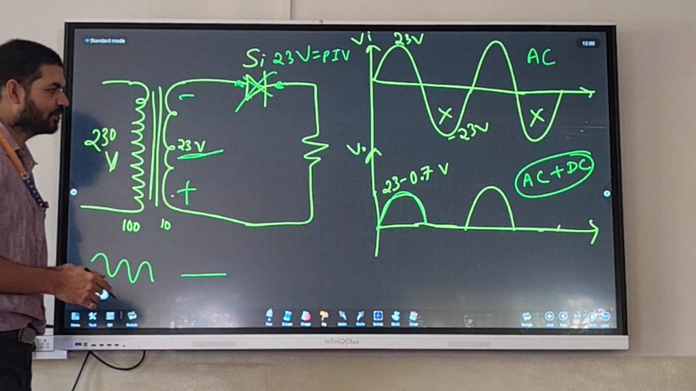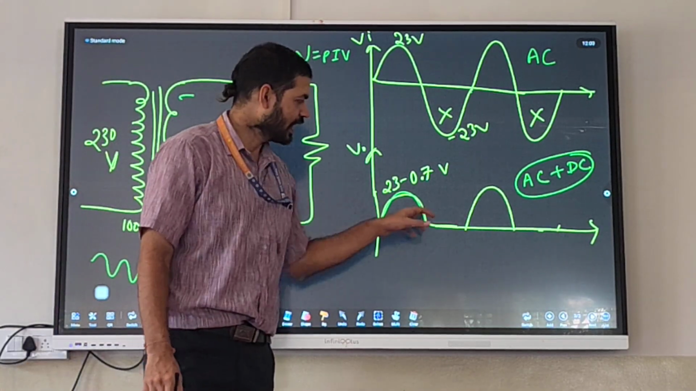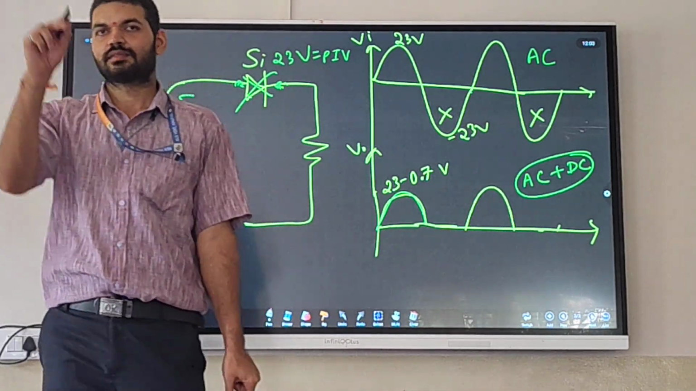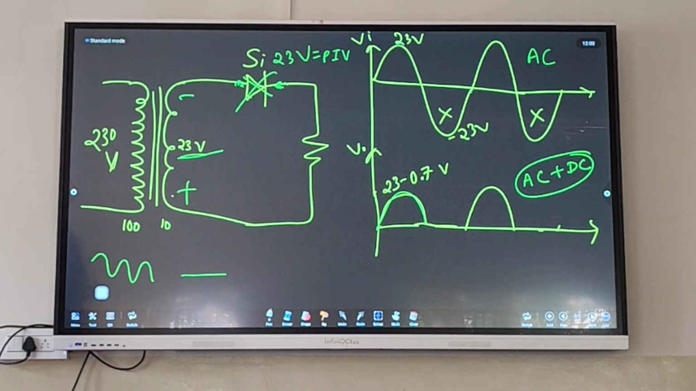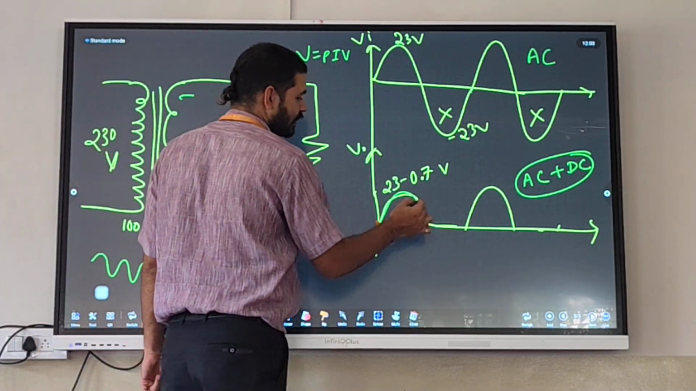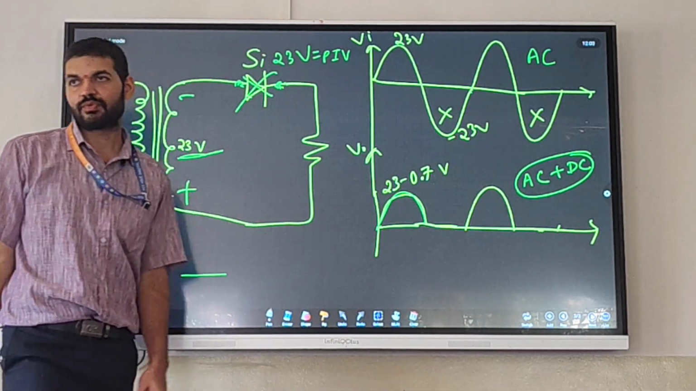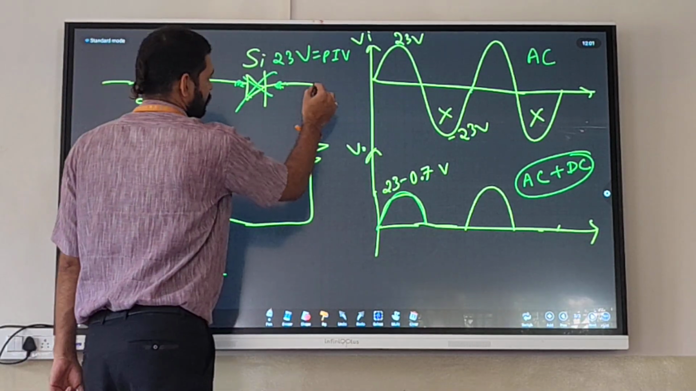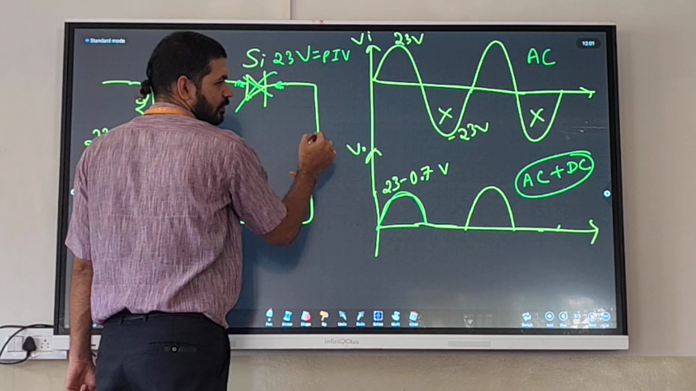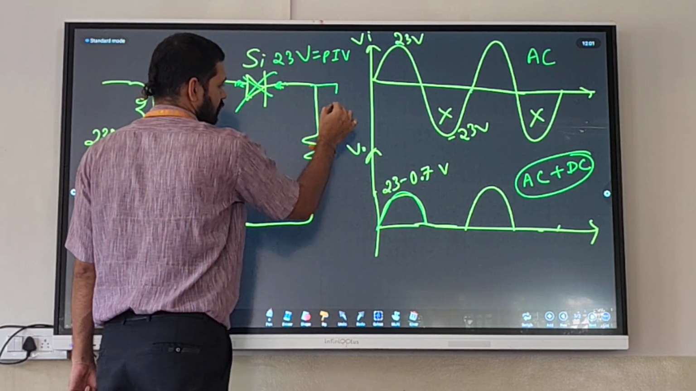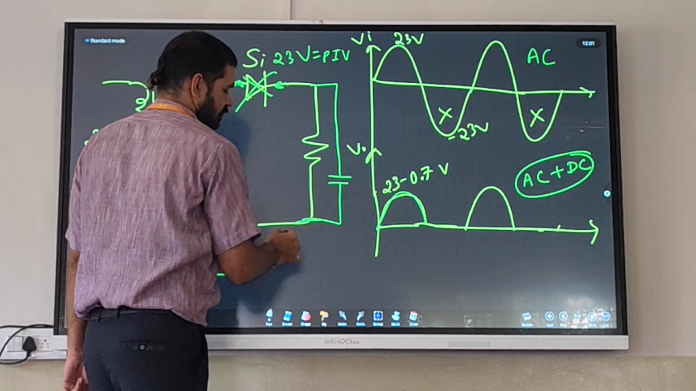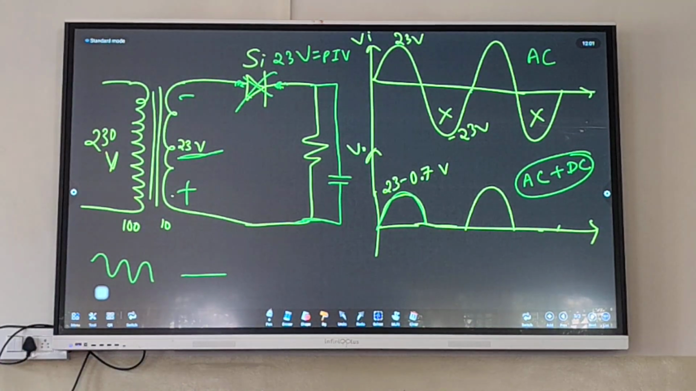Next, what we should do is we have ripples. AC contents are called ripples. We want to remove these ripples. So how to do that? Place something called a filter,